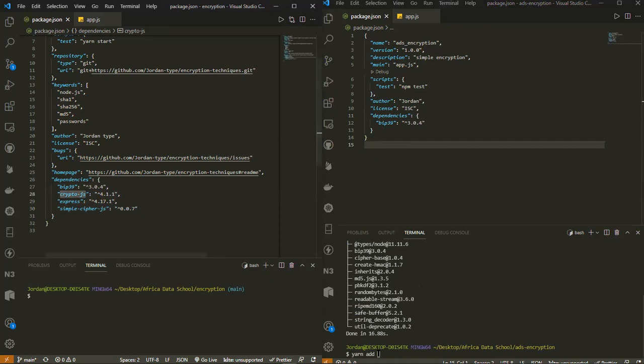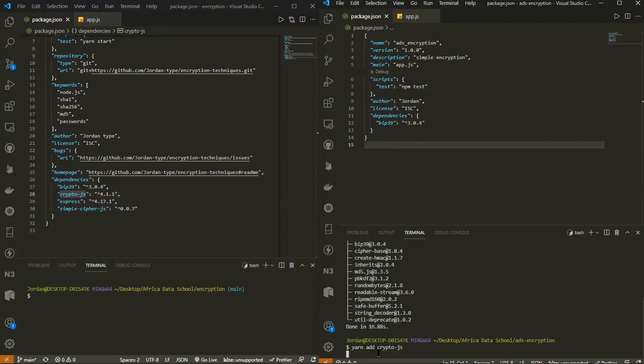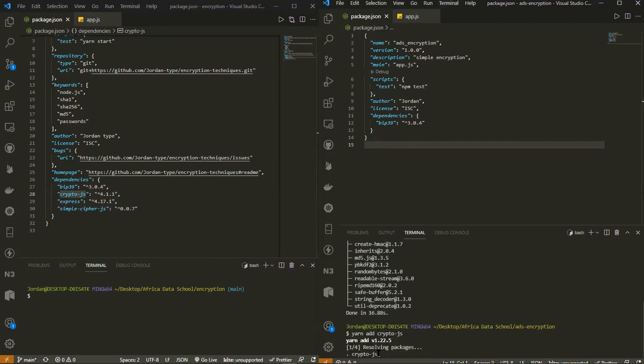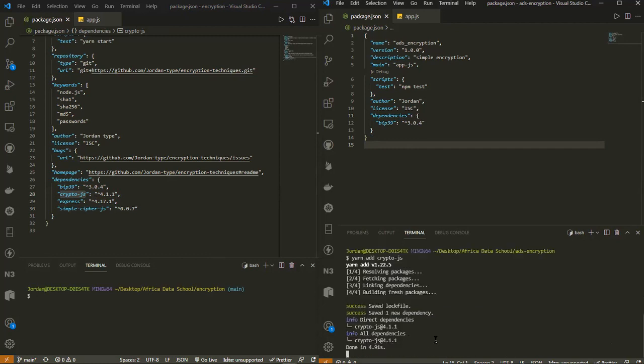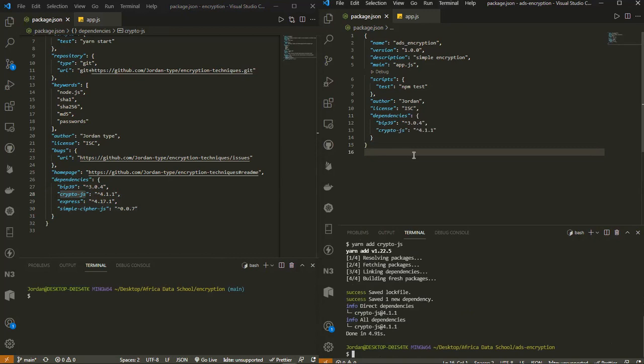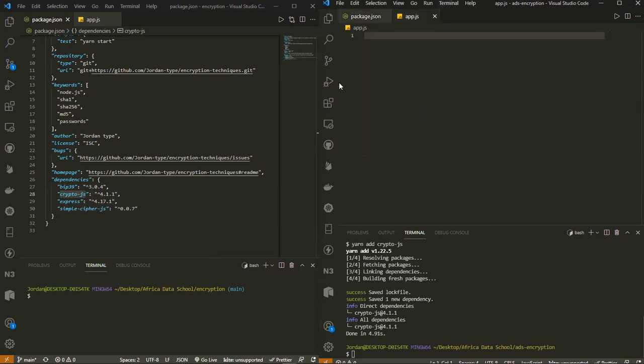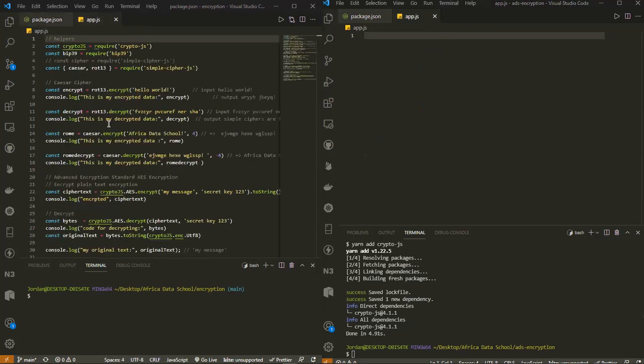Crypto. Sorry, crypto JS. Same way, and it will be added. So the same for the other one. Then once you have added, you will need to